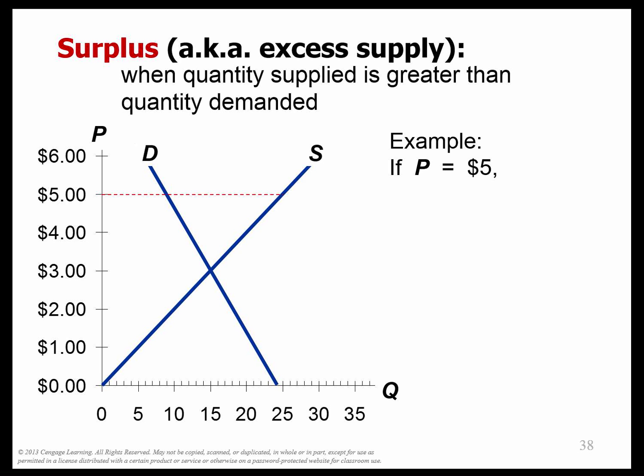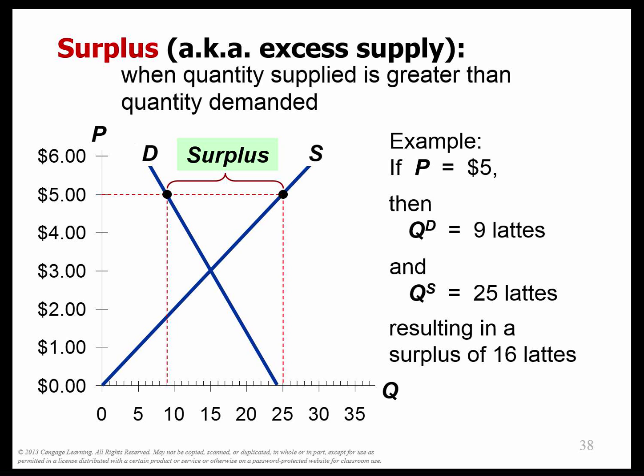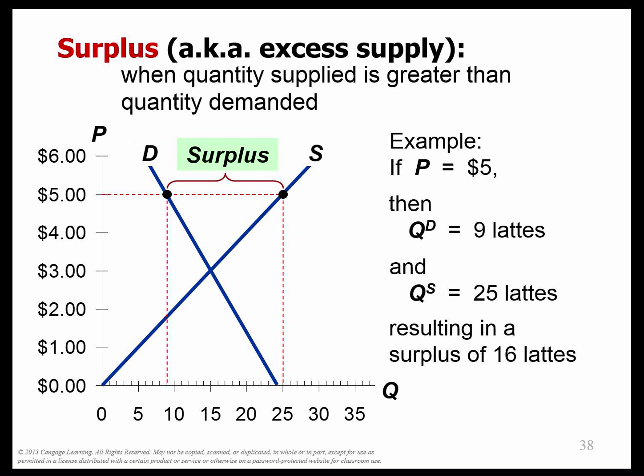So what happens if somebody sets the price too high? Perhaps for some reason all of the companies, the firms, Starbucks and Jitters, decide to set their price at $5. Quantity demanded, you see, is at 9. That means people only want 9 because they're too expensive, but the firms are trying to make 25 because the firms say, whoa, we can definitely make a lot of profit at this high price. But what happens? There's 16 extra lattes,